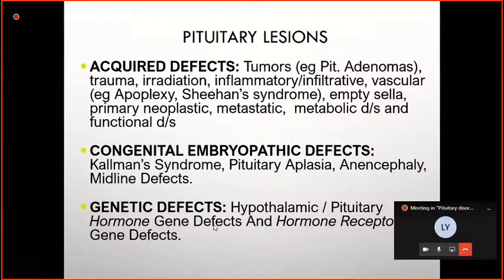Okay, and another example is Sheehan syndrome. Anyone heard of Sheehan syndrome? Sheehan syndrome is basically, when there's an acute blood loss, you can have infarction to the pituitary. Usually it occurs in a mother who delivered a baby. Okay, in delivery, sometimes you can have a very